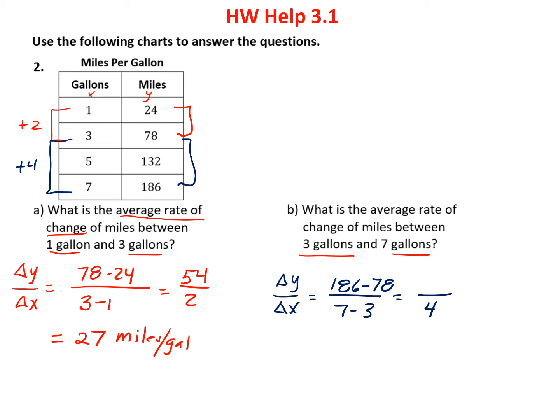Let me do the math quickly up here. 186 minus 78: borrow 1, and I have 16 minus 8 is 8, 11 minus 7 is 4. So I have 48 divided by 4, and that's going to be 12 miles per gallon is the rate of change